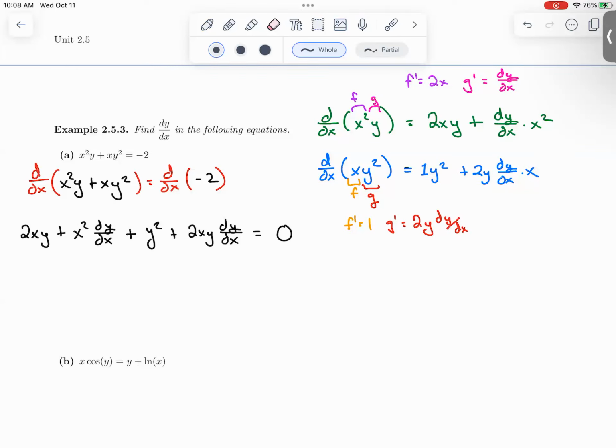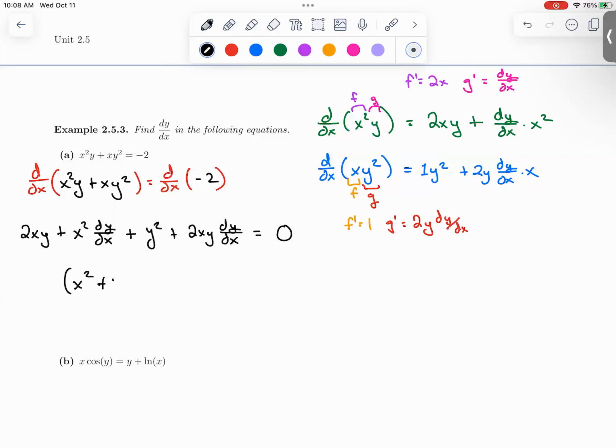All right, so we have our dy/dx terms and our non-dy/dx terms. Since the dy/dx terms are already on the left, I'm not going to bring them to the right. I'm just going to bring my non-dy/dx terms to the right. So I end up with